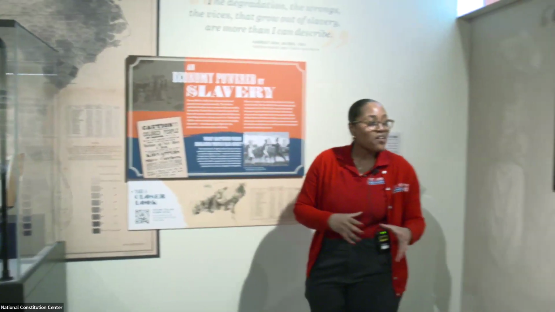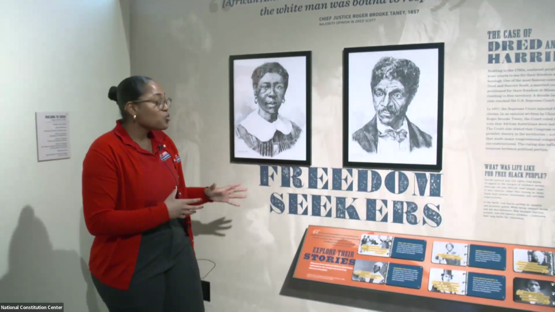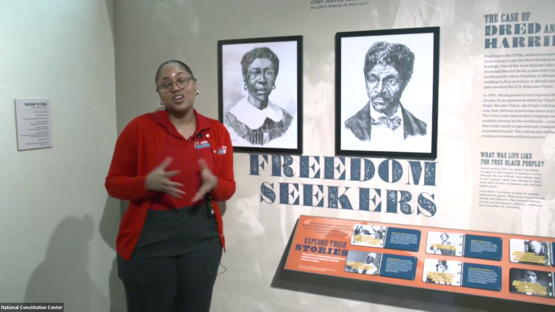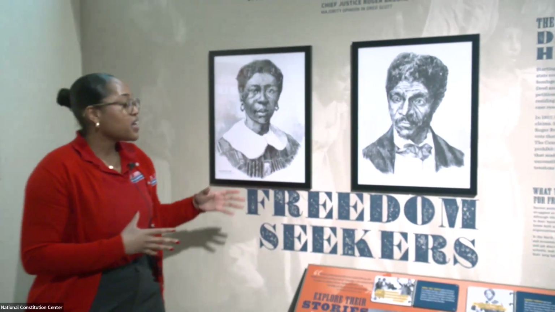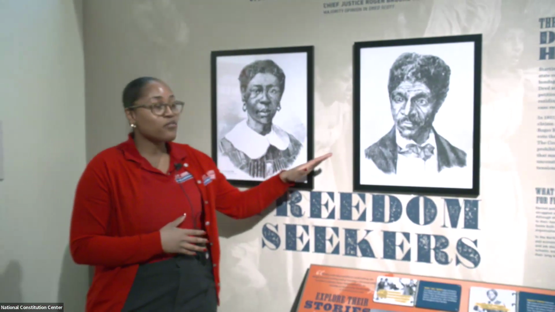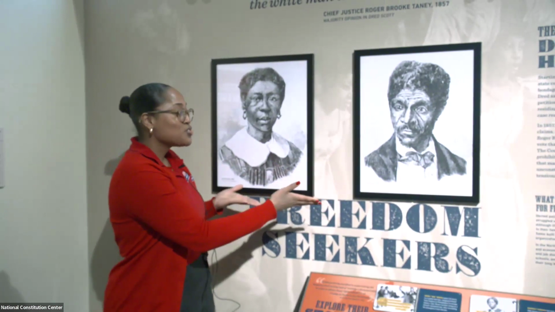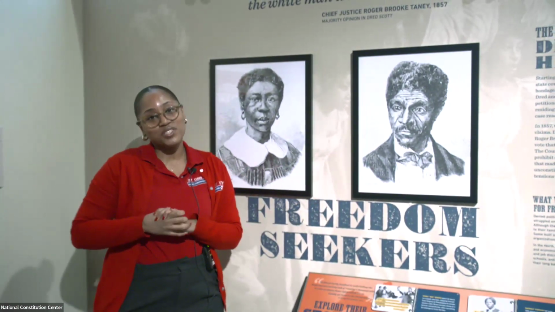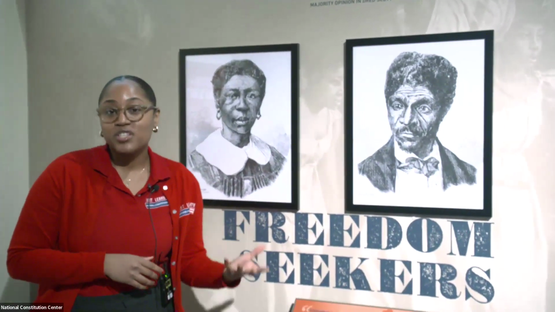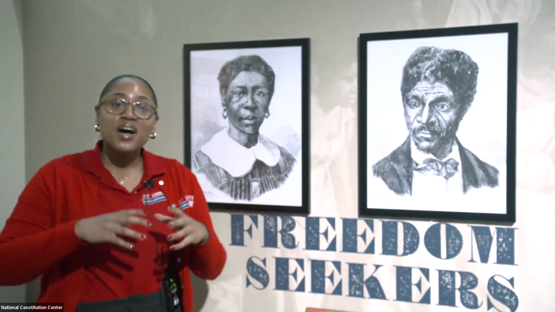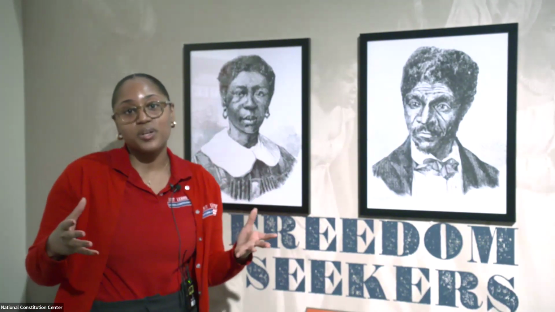But we do have a really, really amazing example of two people that used their agency and used the Constitution in order to fight for their freedom. And here we have Harriet Scott and we have Dred Scott. If you're familiar with the Dred Scott case, these are the two people that were included in that particular case. The name of the case, of course, is Dred Scott, who is the husband, but a lot of the case had a lot to do with Harriet Scott and their children.